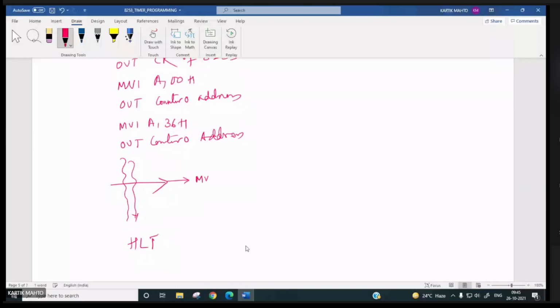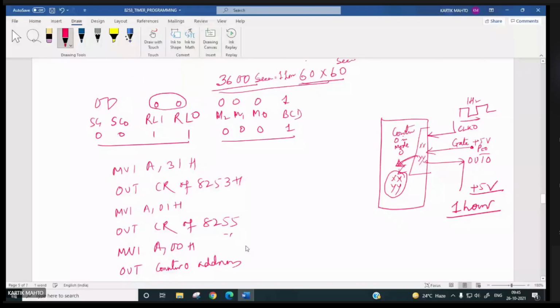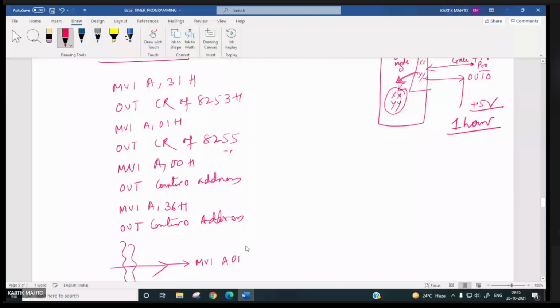Counter latch command, 00000001, so it is 01H. Out, where we have to out? In the control register of 8253. So the current count value will be latched.